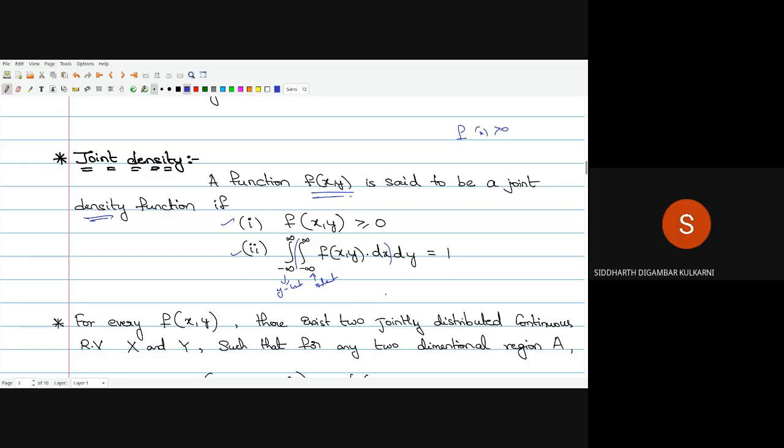Sir, if we keep the inner as dy and outer as dx, this limit should go, no? Okay, I will tell you. Sir, here x and y are dependent or independent? X and y are independent. Means any one can be integrated in any order. We can integrate first x, then y. See, this is that independence and dependence we have to check, right? No, I'm just talking about the independence of the variables, whether x and y are dependent or independent variables.